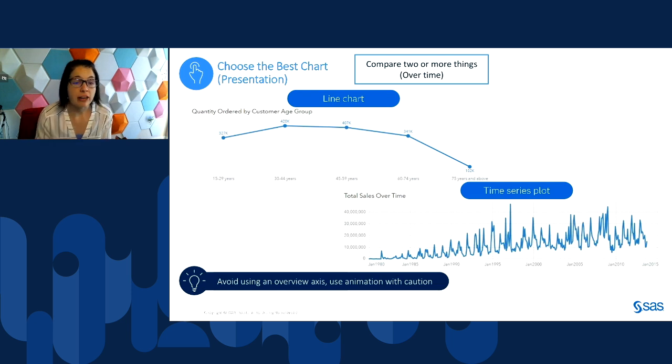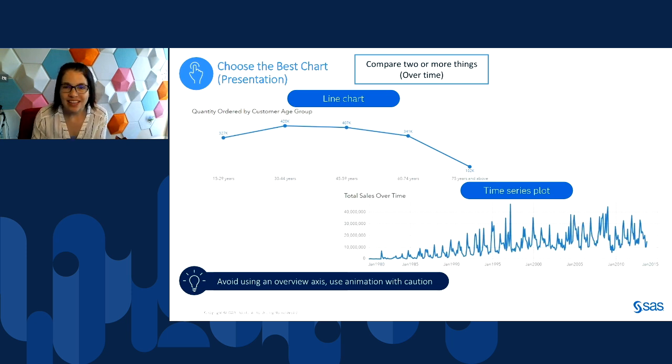Also, if you're comparing two or more things over time or over some ordinal value, you can use a line chart or a time series plot. Often when people use time series plots, there's an option to use an overview axis, which enables you to focus on a specific range of the time series. However, avoid using these because it's hard for users who view the report with screen readers to access the overview axis.